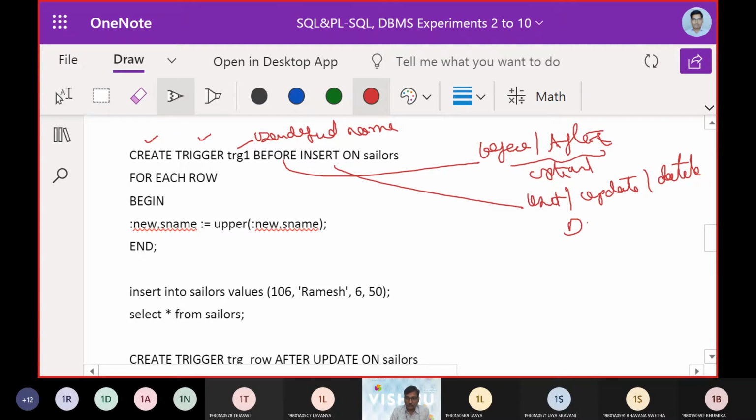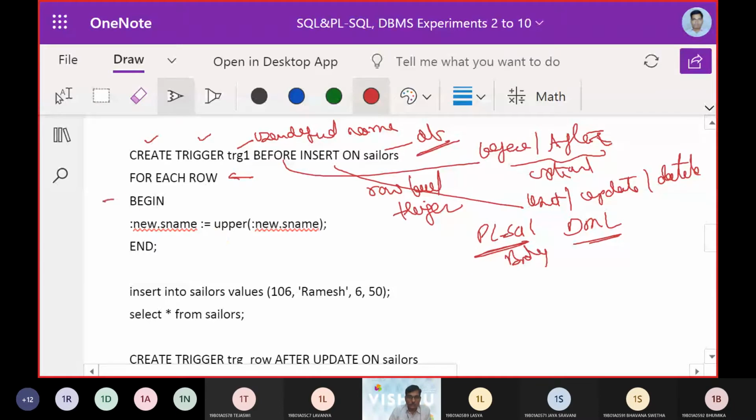So there can be any data manipulation language commands, and on which database? So Scilers it is going to be, and on which database the trigger is going to happen. It is going to be a row level trigger, it is going to happen over a row. Therefore, we are going to call this one a row level trigger. And we are going to use a PLSQL procedure. So obviously we have a PLSQL body here. So that's where we call begin followed by end.